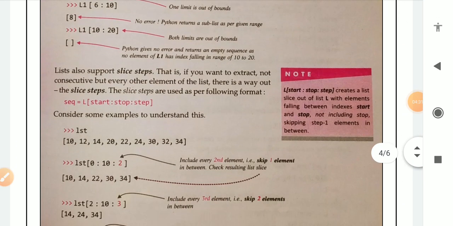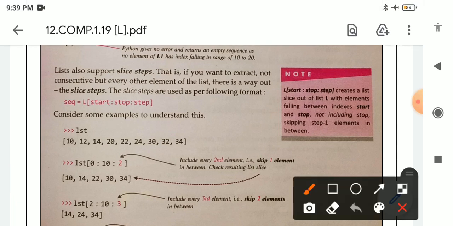Next, lists also support slice steps. That is, if you want to extract not consecutive but every other element of the list, that is the way: the slice step. Means in slice step we will add one more parameter. See here, previously we were using start and stop, but now we will add one more, step.